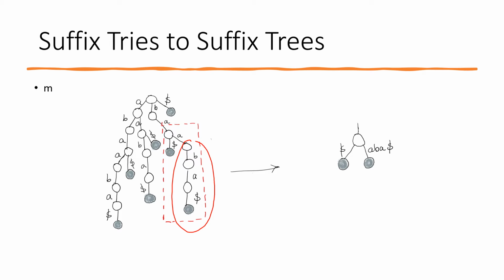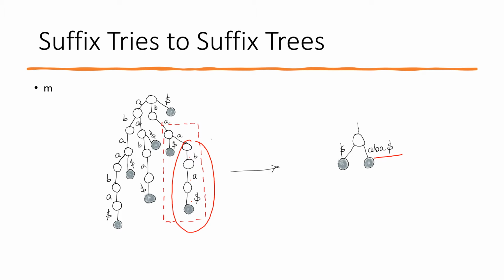So this is a trie where this particular path has no repeating, no two children, so it has only a single child. So this can be compressed as one single edge. So all these single edges can be compressed as one single edge, and this can be written like this.